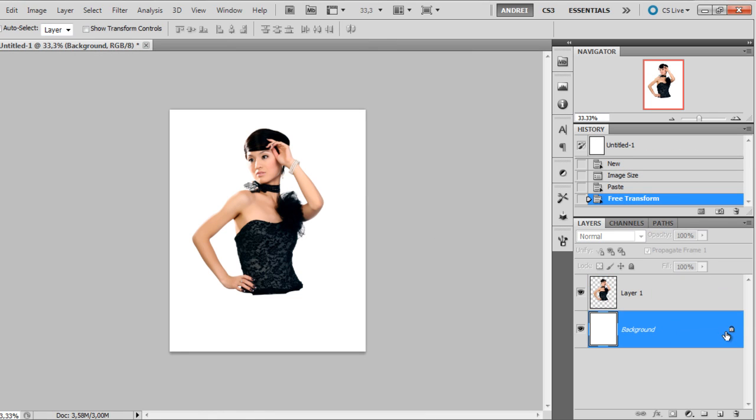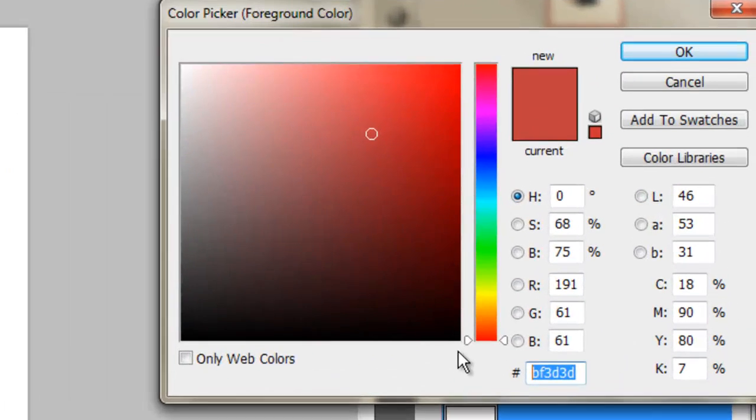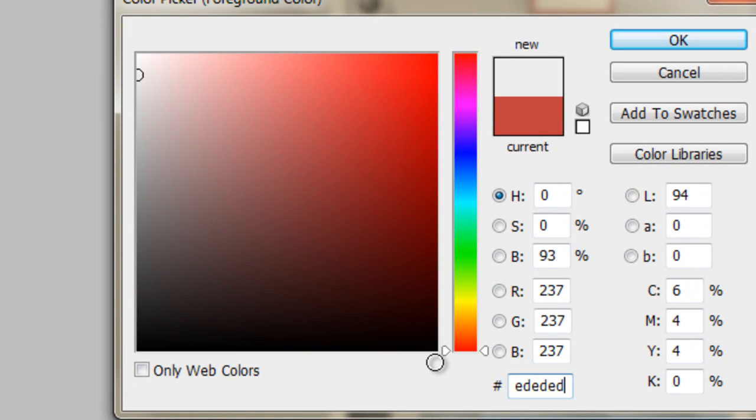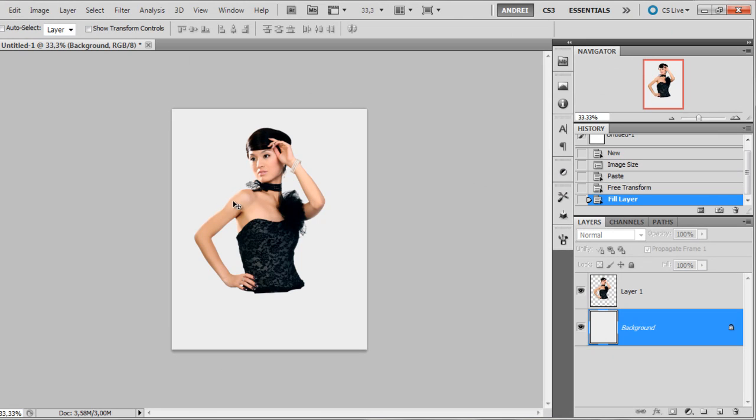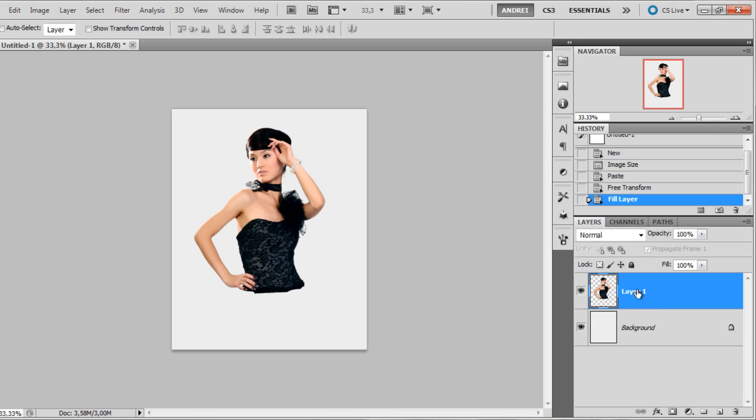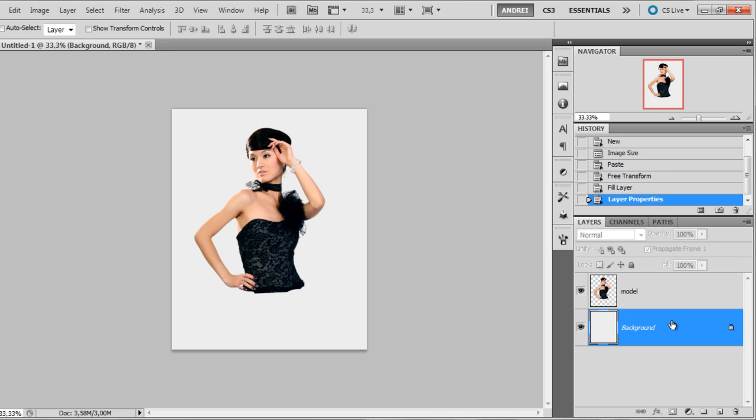and let's take care of the background. I will choose the color ED and click OK, and I will fill the background with that color, and I will change the name of this layer of the woman to model, and I will have to apply some vignetting on the background,